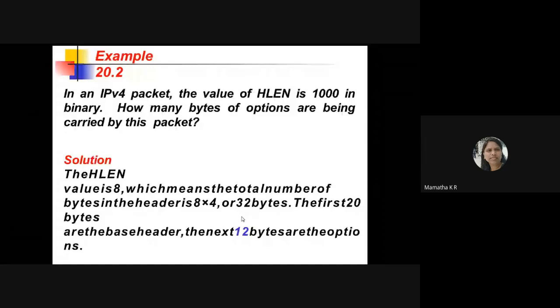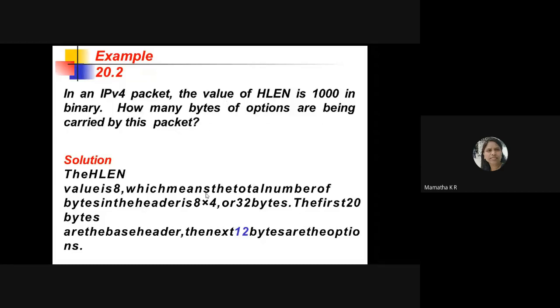But the first 20 bytes indicate the base header. So the next 12 bytes are the options, are padded. Header length is a minimum 20 bytes if you take. Next bytes are the options. So how do you find how many bytes of options are being carried by this packet?